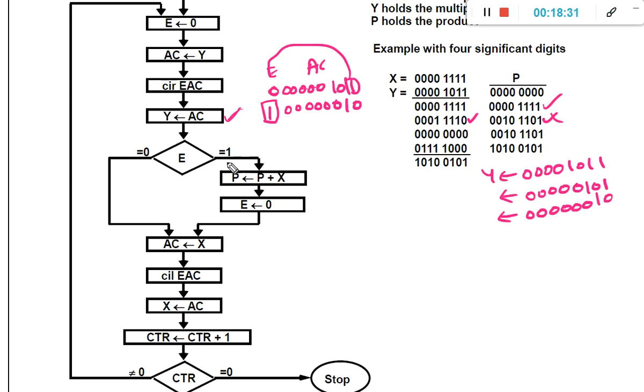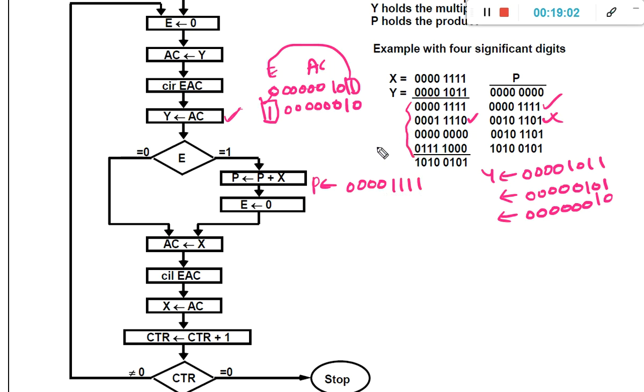Now after assigning the accumulator value to y, check the expansion bit. Expansion bit is once again 1. Whenever it is 1, update the p value: p assignment p plus x. The previous p value was 0 0 0 0 1 1 1 1.